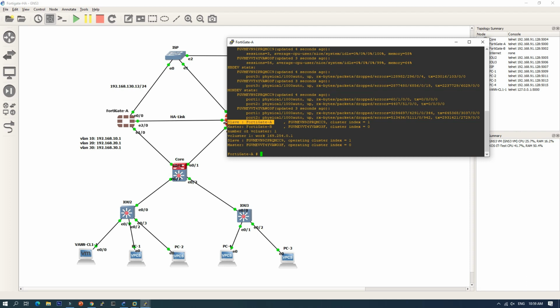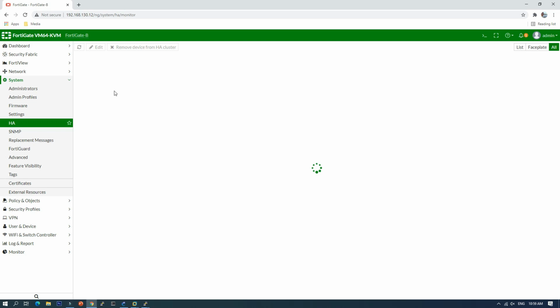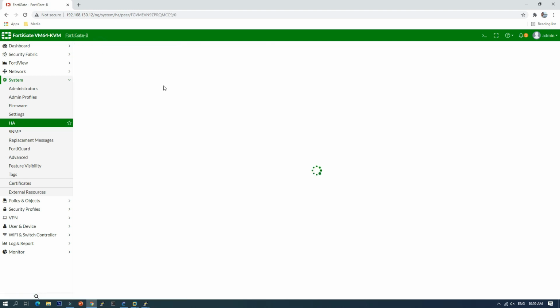Like I said, we need to enable the override option to let it override the HA configuration and take over to become the master. Okay, so like you see here, the FortiGate B is the master and FortiGate A is the slave, and all are in sync, even though we set the priority to 200.